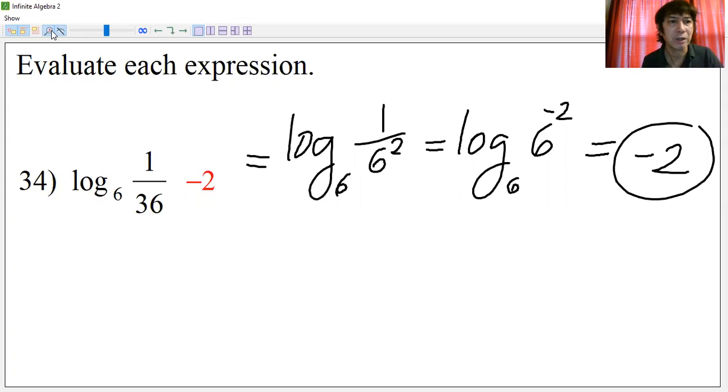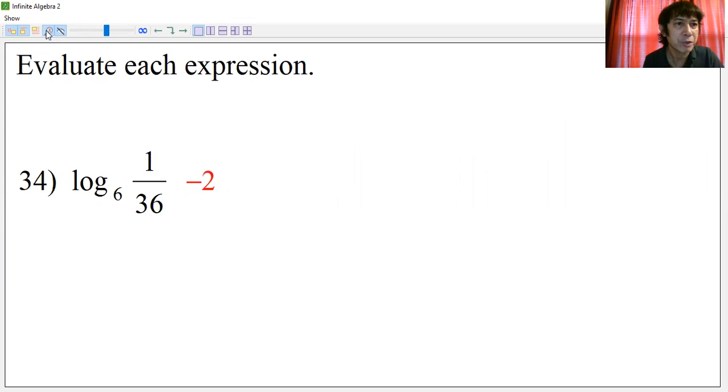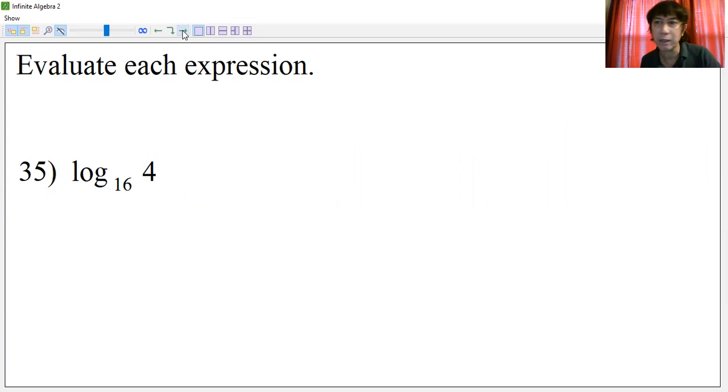All right, let's finish it. Okay, let's continue. I think this is up to number 40. Let's proceed to 35. All right, here is number 35. All right, here's another case like the one a while ago. This time we have the base again larger than the number, okay, the logarithm of the number. So the 16 is larger. So we have to produce a 16 there. And we know 16 is 4 squared. So we will just introduce 2 over 2.